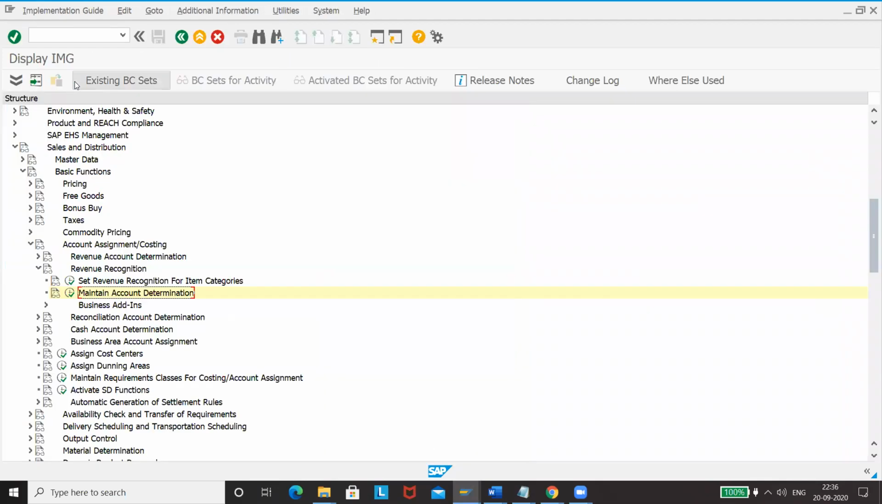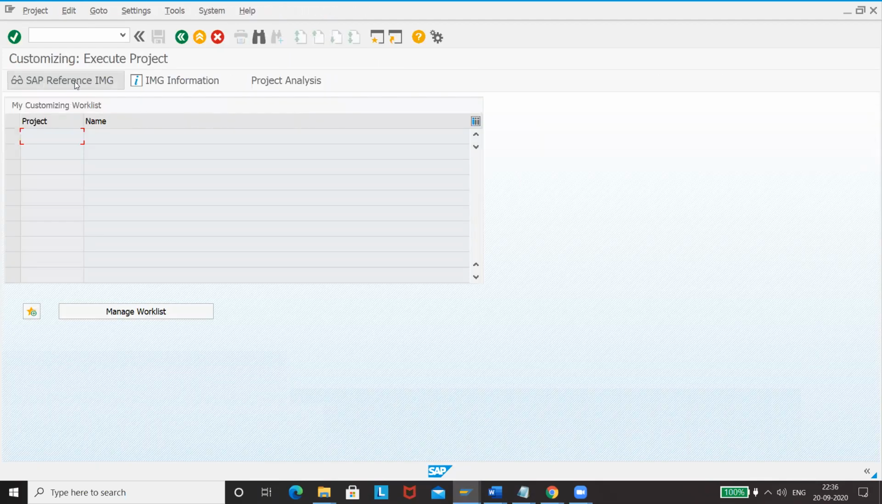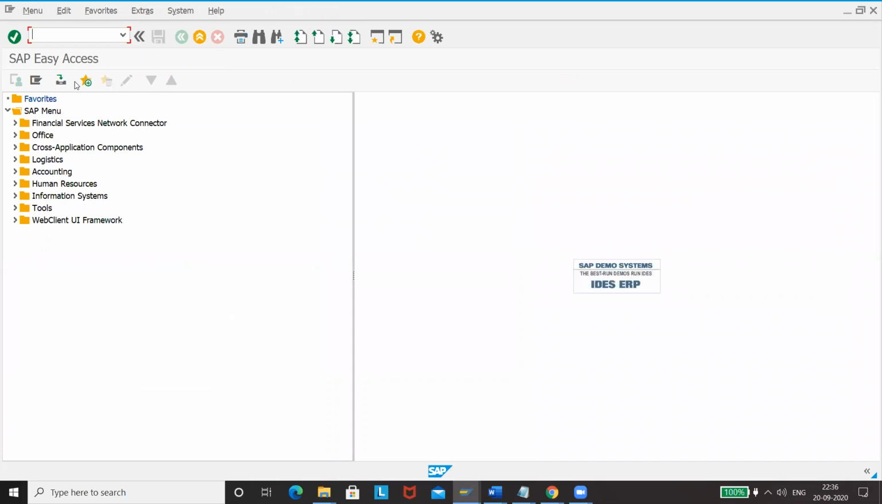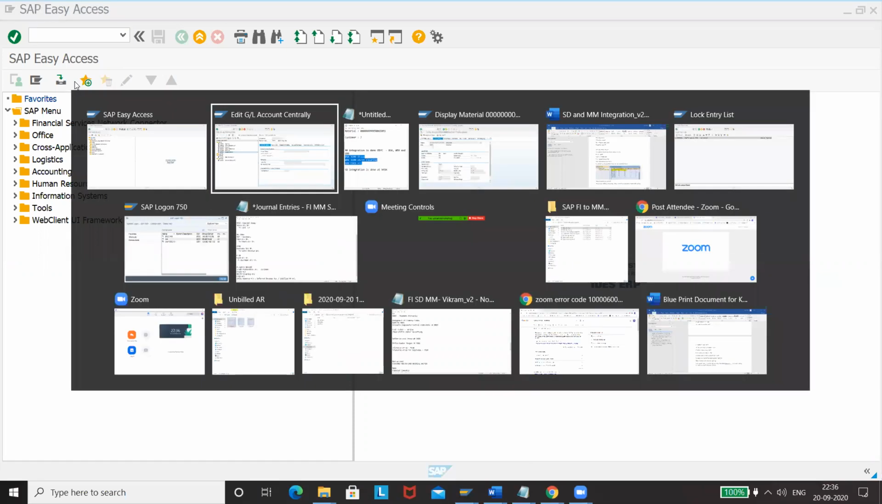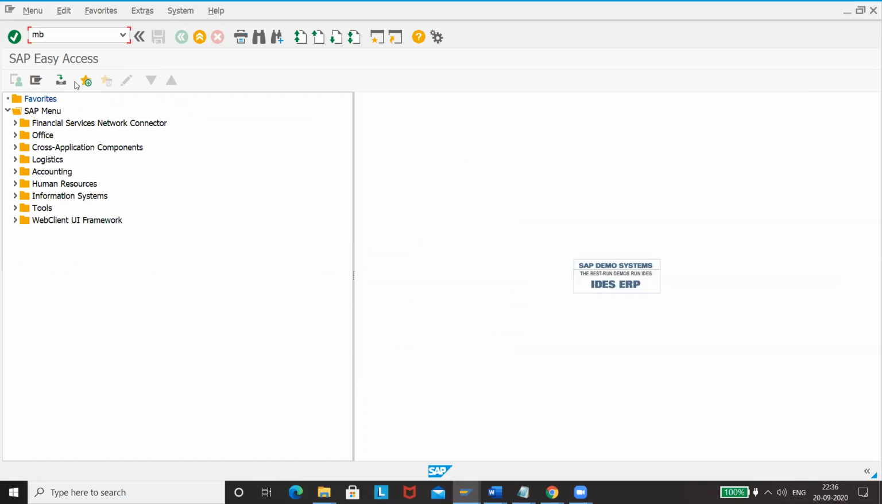Now we will try. We need to first purchase some goods, right? Once we have goods, only then will we be able to deliver to the customer. So in order to take goods, we go to the transaction code. I have already explained this earlier as well. That is MB1C. So once you come here,